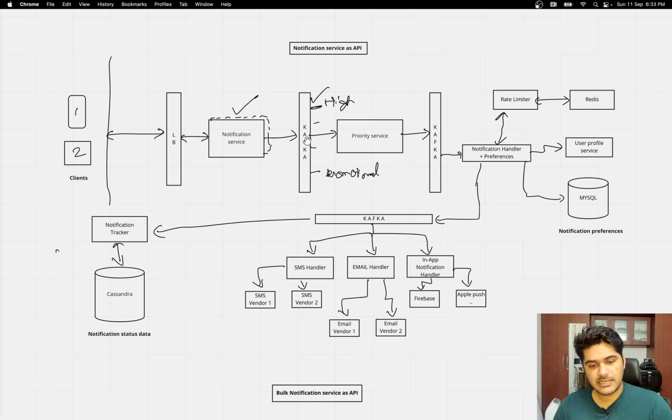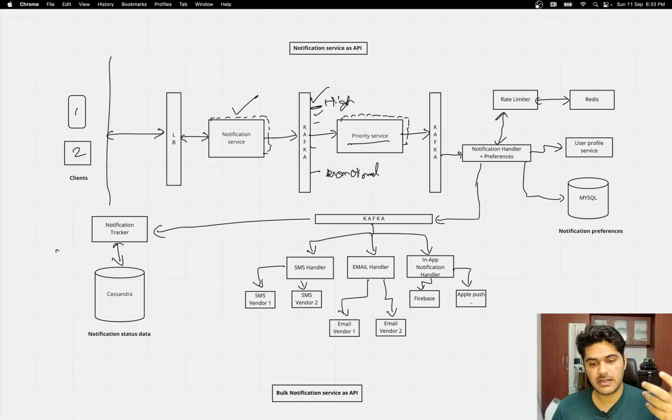Once it is in Kafka, then you will have different subscribers to these topics, right? So just after Kafka there will be the priority service, which will define the priority of users. Here I talked about the channels, but those will not be high or promotional. There will be different kinds of topics if you want, or they can be just load balancing topics, right? Multiple topics and multiple services are basically reading from those. The priority service is what will do this categorization.